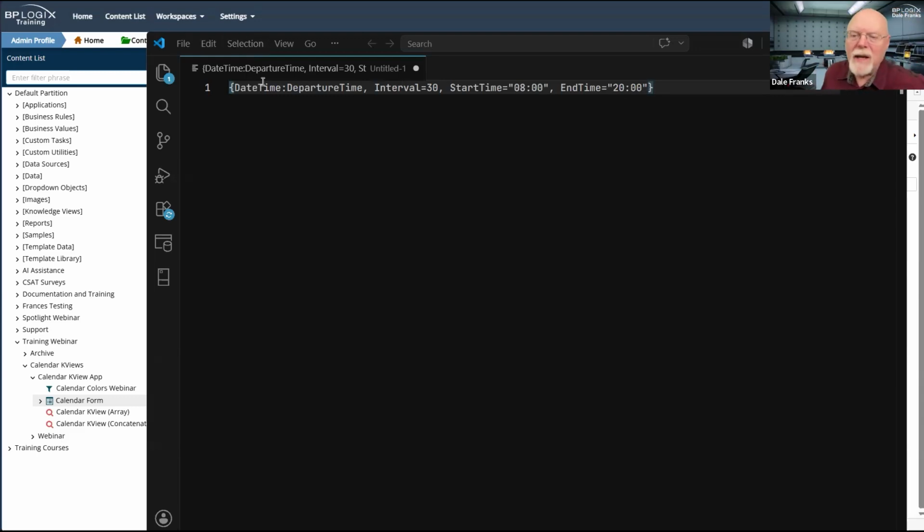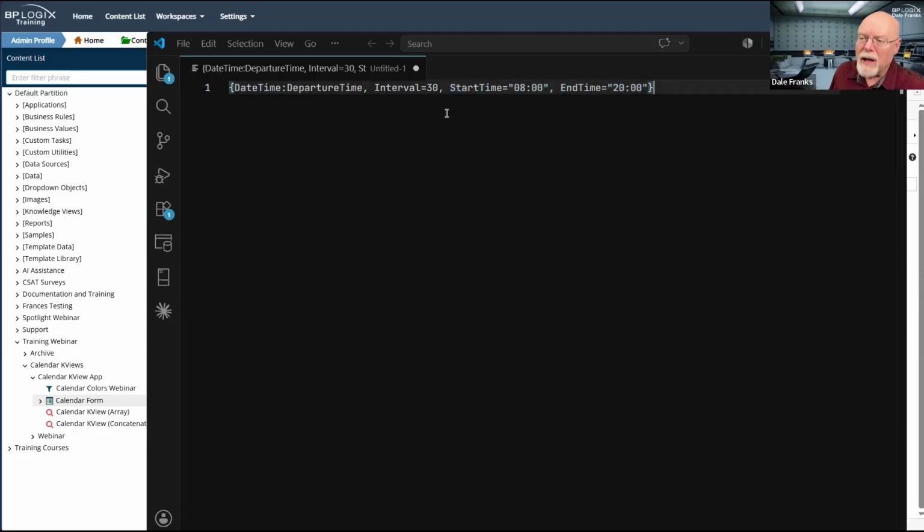So it is a date time picker control. I have to use the system variable to make this work because I have decided that I want a custom interval and a custom start and end time.